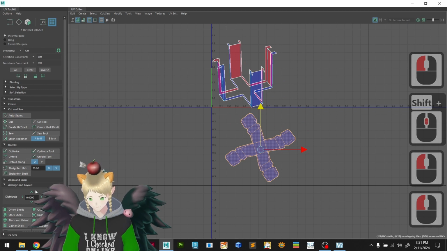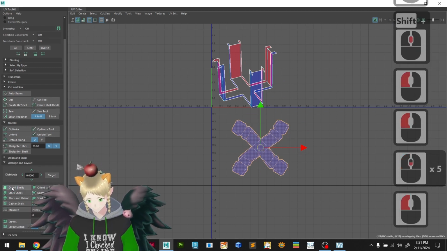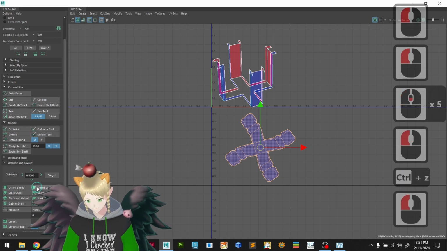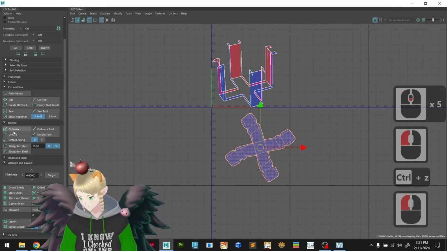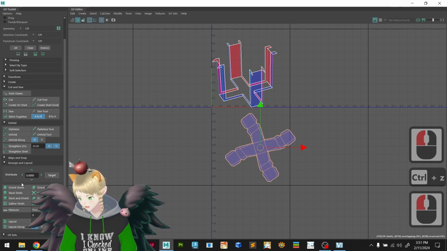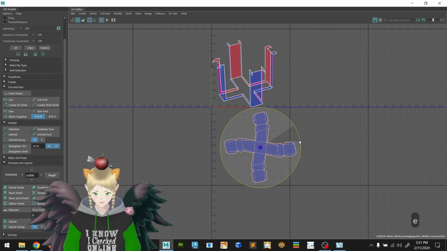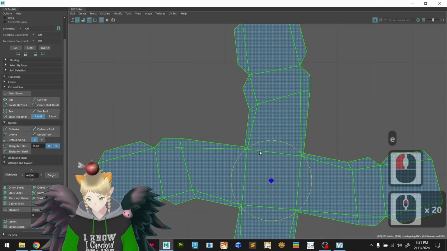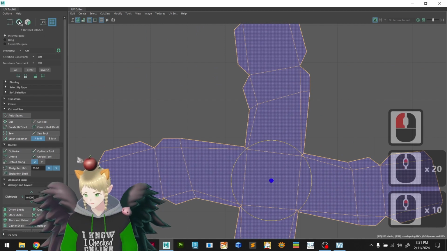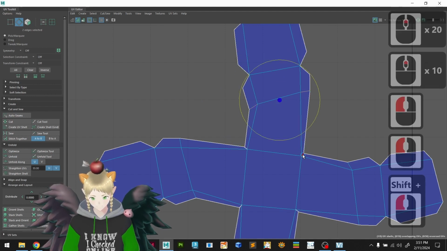We can try to straighten this, so let's orient shell. Didn't go. Orient edges. Let's try to rotate a little bit manually here. So we need to do some more cutting here on this 3D. Let's cut this,